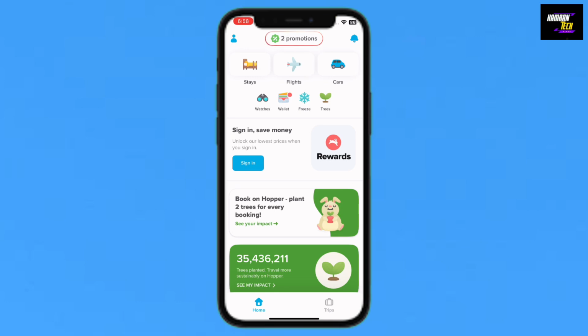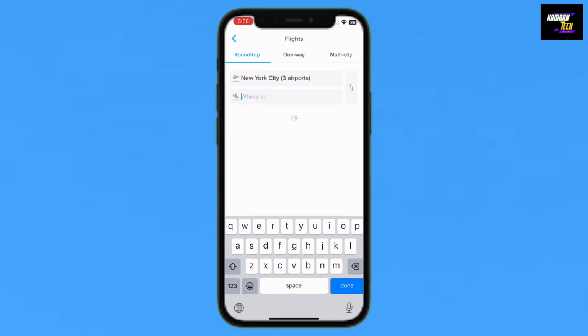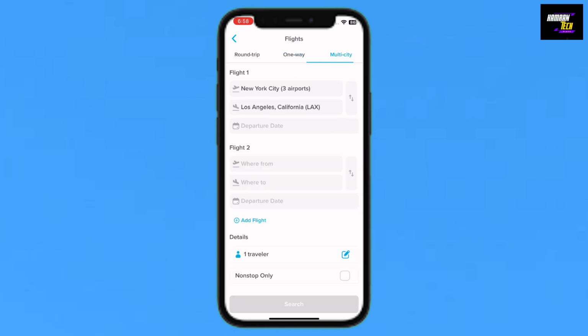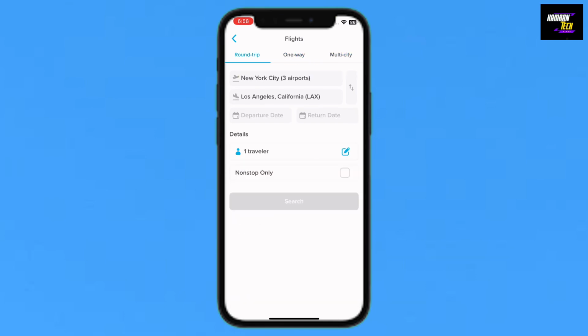After login, you will unlock the lowest prices once you sign up. Then I will move to flights. From here you select your departure location and where to go. If I select Los Angeles, California, you will then give them the traveler details. You can choose non-stop only, and choose one-way ticket, or fly multi-city. After selecting all the places you want to go,